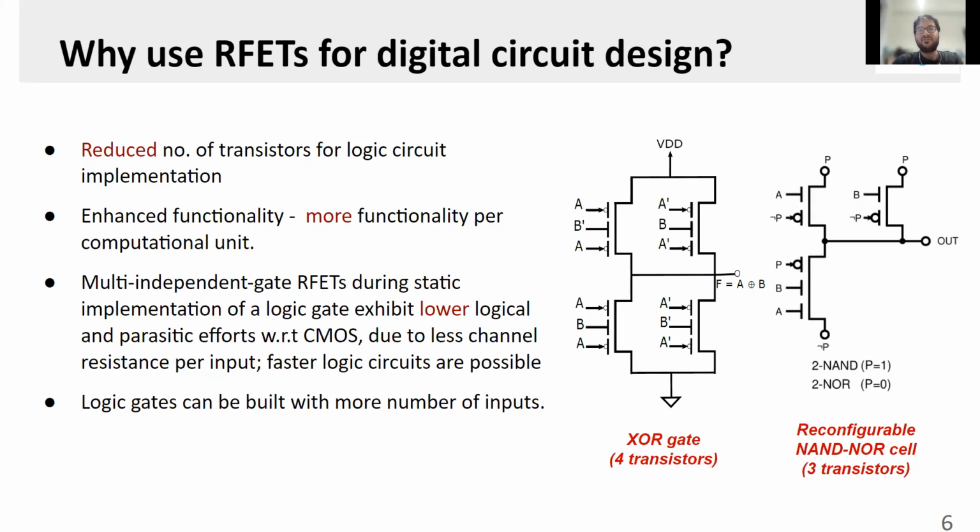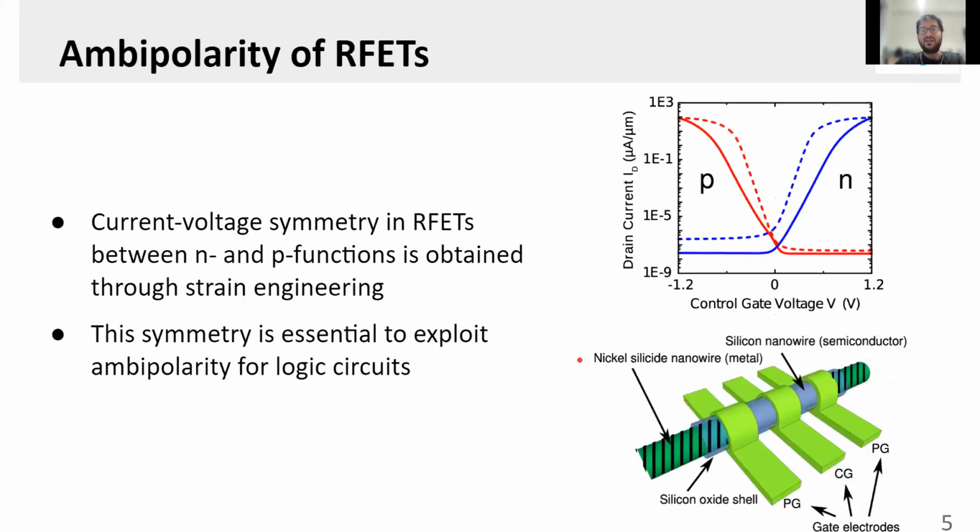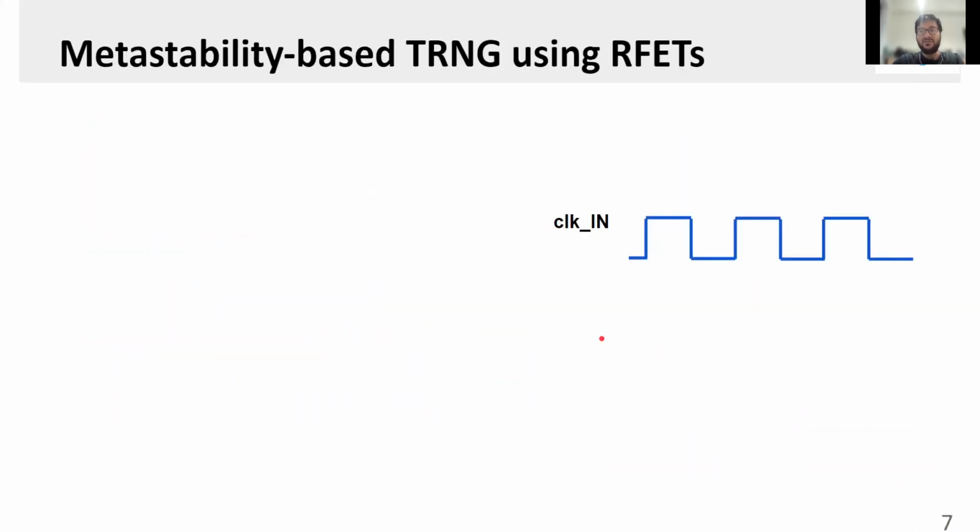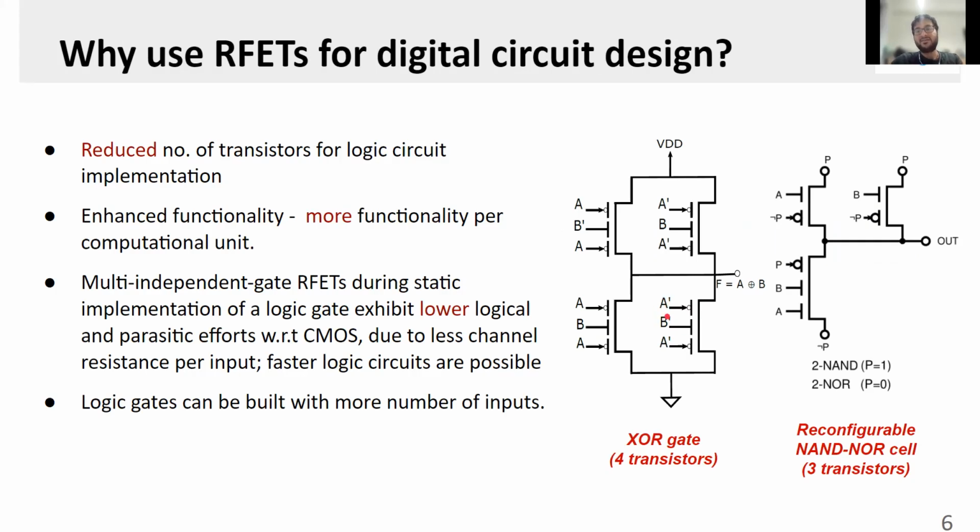Moving on, why do we use RFETs for digital circuit design? The first important thing is that it leads to a reduced number of transistors for logic circuit implementation. This can be seen from the two figures on the right-hand side, where we have the XOR gate, which consists of just 4 transistors. And on this side, this is a minority gate, which basically can be switched to a 2-input NAND or a 2-input NOR based on the functionality of P. Here we are using the intrinsic reconfigurability of the individual transistors, and hence the very small XOR gate has been realized. And this again corresponds to the fact that we are getting enhanced functionality from individual devices, which leads to